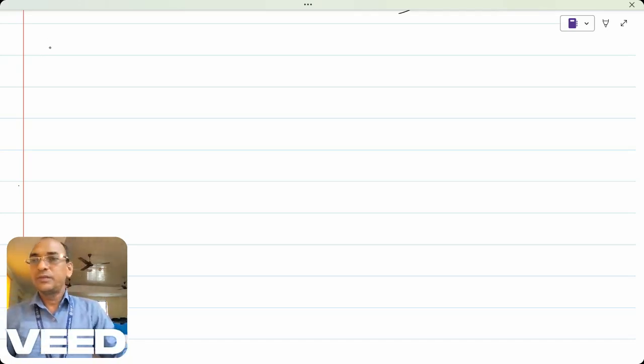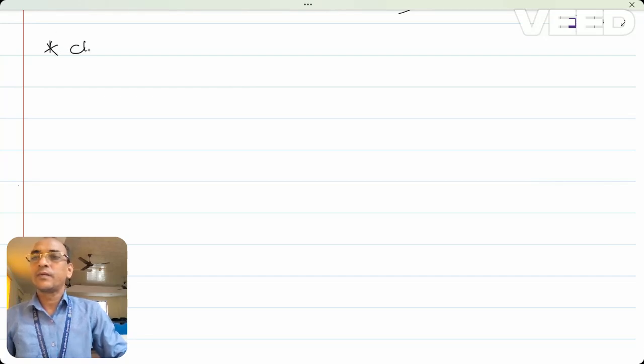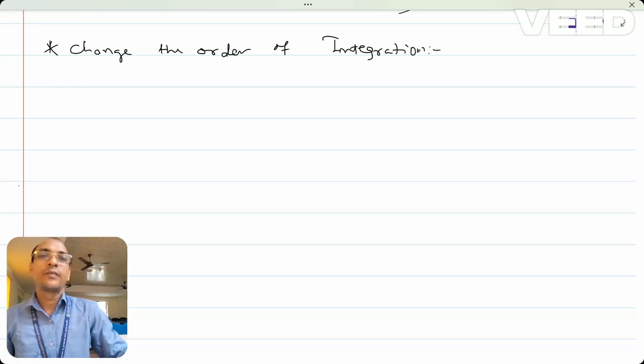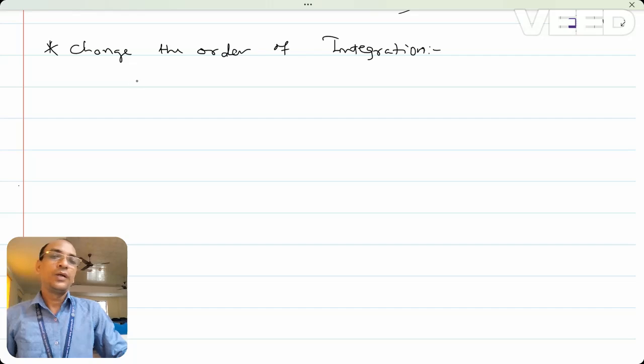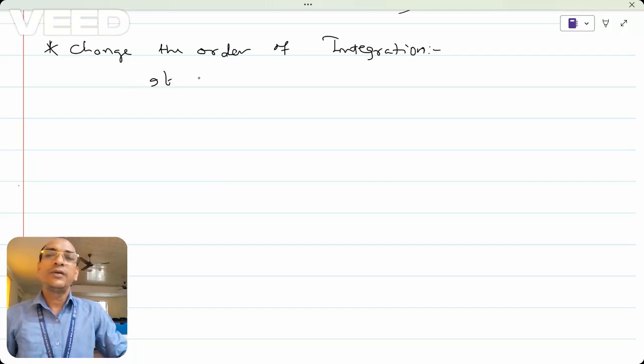Now we will discuss change of order of integration. As we discussed in the earlier two integrals, if the double integral is defined over a rectangle, say a b c d,